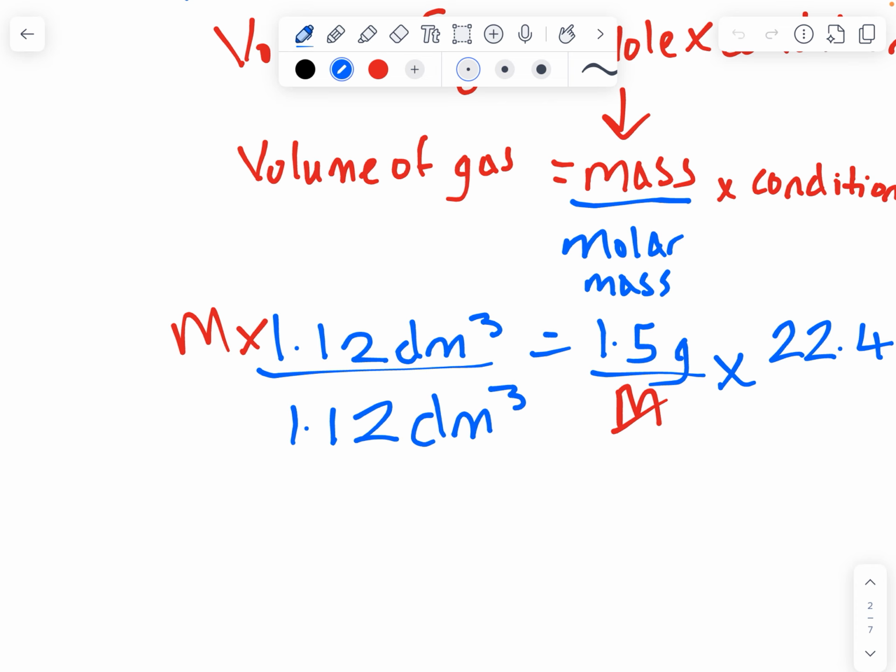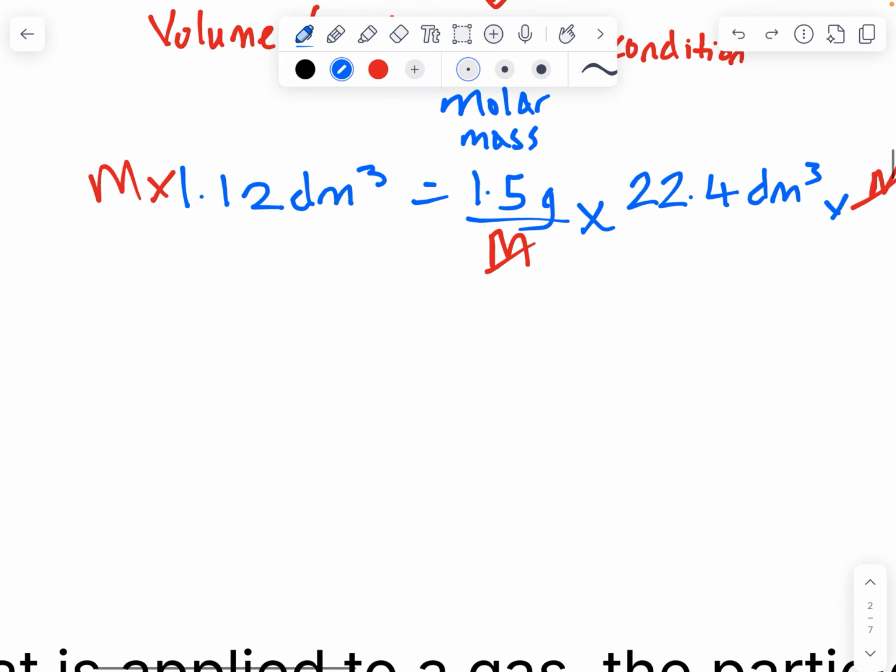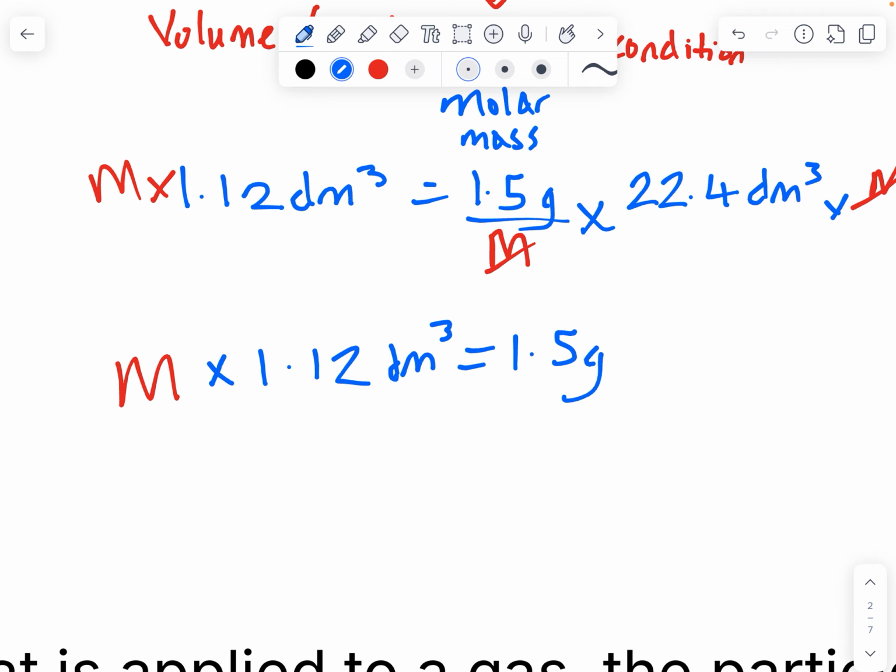Now what I'm going to do is that instead of writing all of this on one heading, I'm going to just rewrite this so that you can see it stepwise. So let me just write. So it's M times 1.12 dm cube equal 1.5 grams times